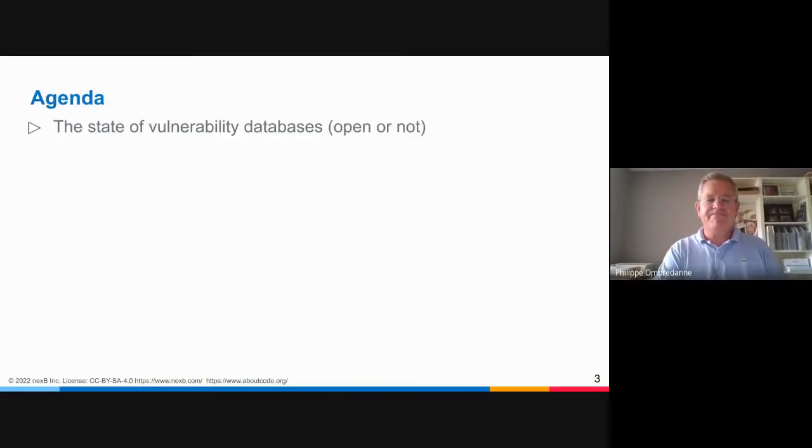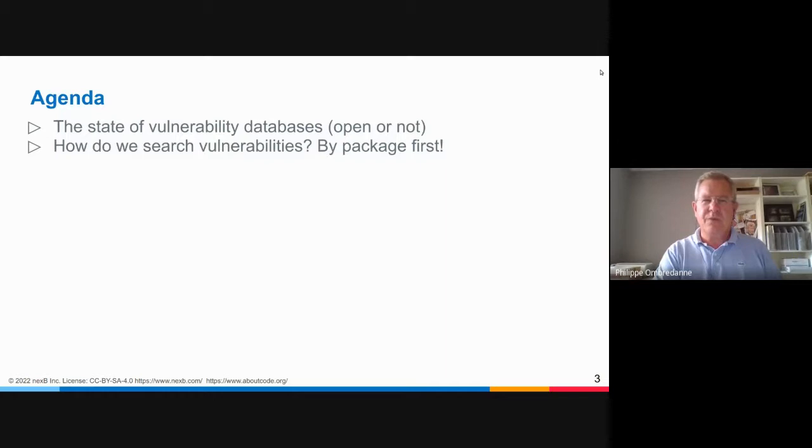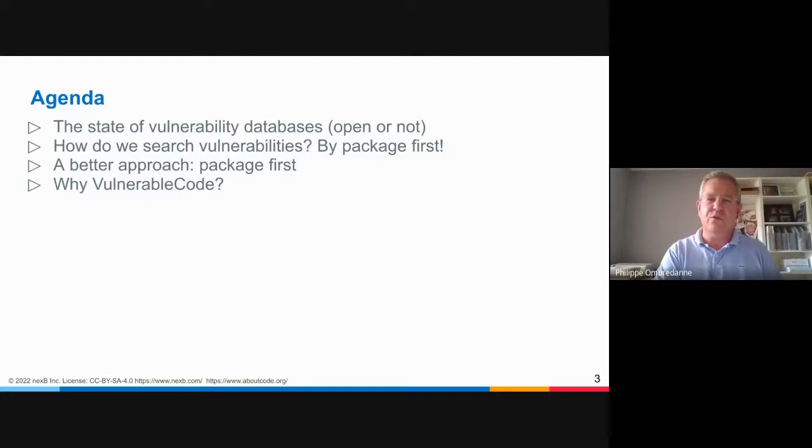Okay, agenda today. We're going to talk about the state of vulnerability databases, whether they are open or not. We'll be looking at how we search vulnerabilities and how we should search for them, which should be by package, and that's going to be the common theme. I will highlight how we can have a better approach, which is always going package first, and why we built VulnerableCode, given the fact that there's a lot of vulnerability information already available in vulnerability databases, be